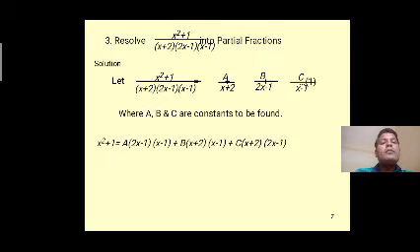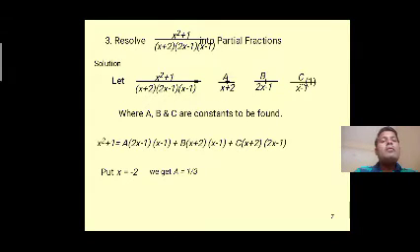For x square plus 1, we have to do the LCM. In the denominator part will be cancelled. Now we write x square plus 1 equal to a into 2x minus 1, x minus 1 plus b into x plus 2, x minus 1 plus c into x plus 2, 2x minus 1. Put x equal to minus 2.